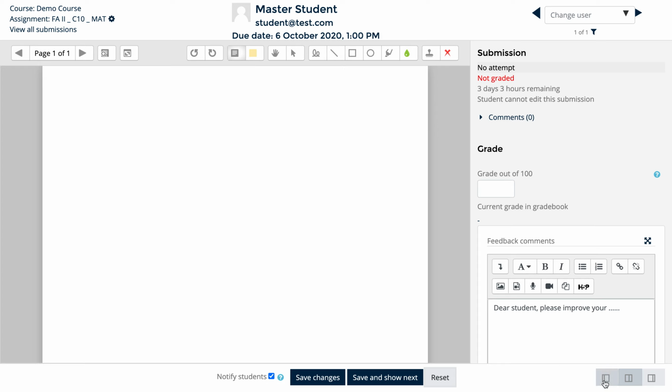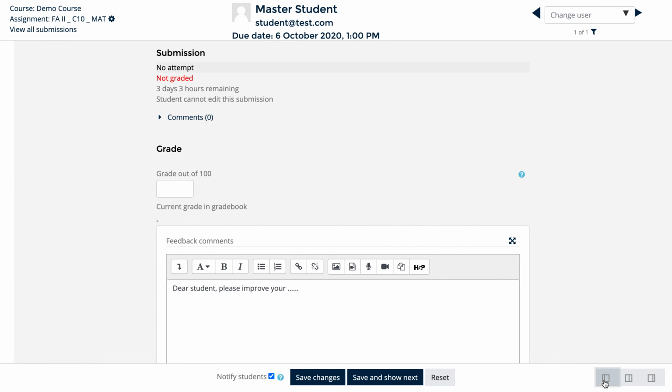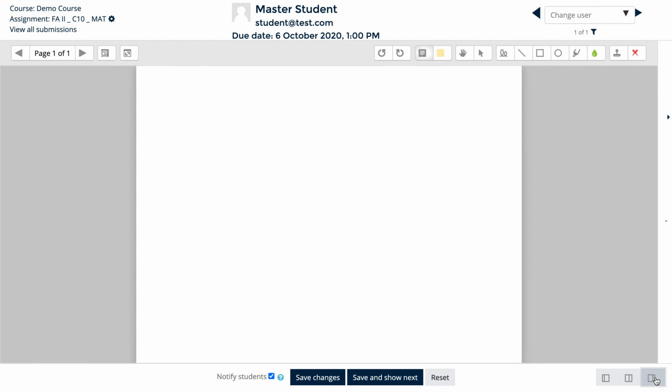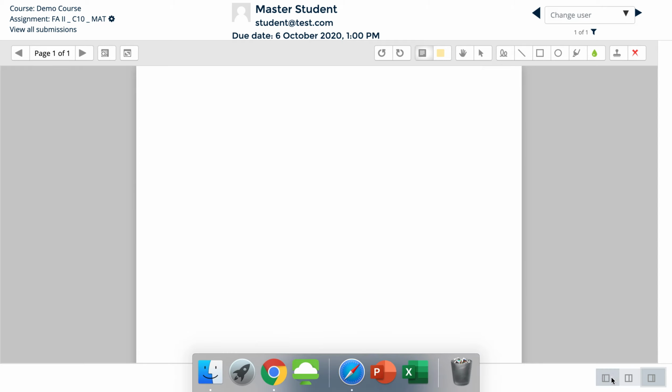And here you have three options. Collapse view panel, where only the comment panel is visible. Second one is 50-50 sharing, the view we have been checking so far. And the last option is the focus mode. Here you will not get the feedback panel, exclusively you can concentrate on your answer script panel.